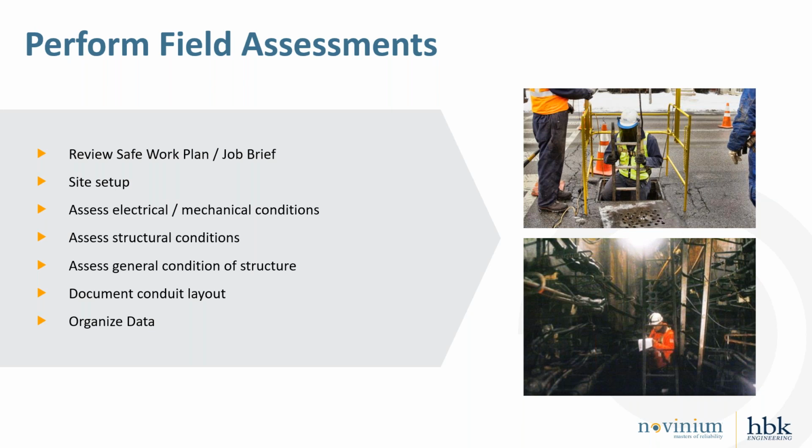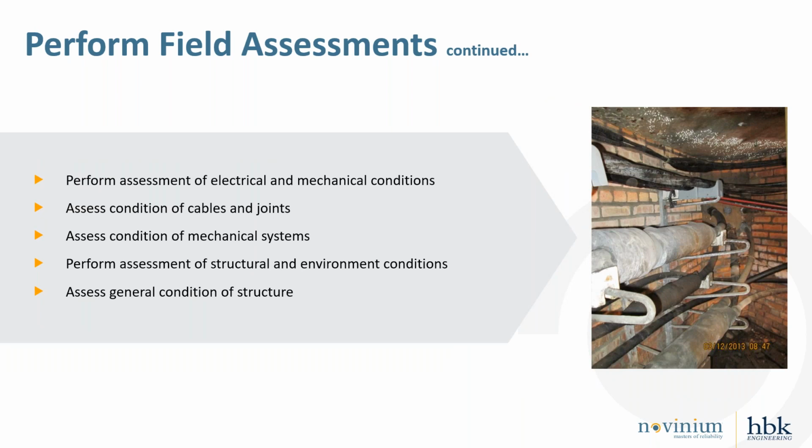Each assessment follows the same basic procedure. The crew arrives on site, they evaluate the conditions external to the manhole, and they develop their safety brief. Once all crew members are signed off on that safety brief, traffic control and confined space equipment is set up, and the structure is prepared for entry. The atmosphere is monitored, gas levels are noted, and if those levels are compliant, then the electrically qualified worker performs